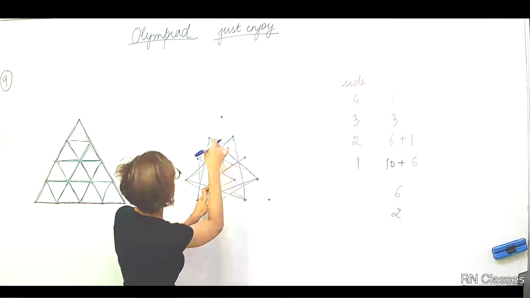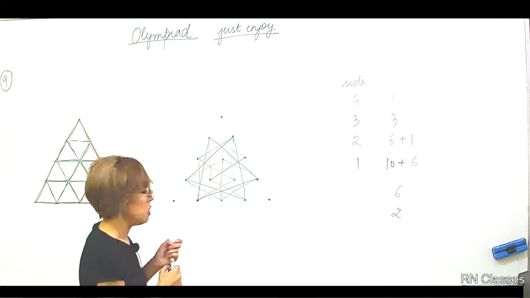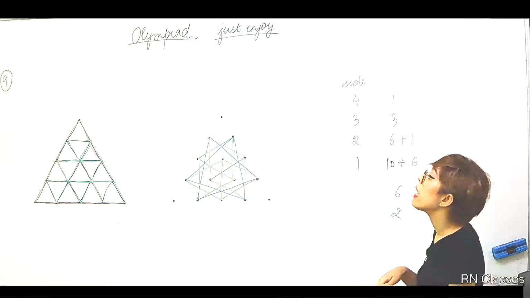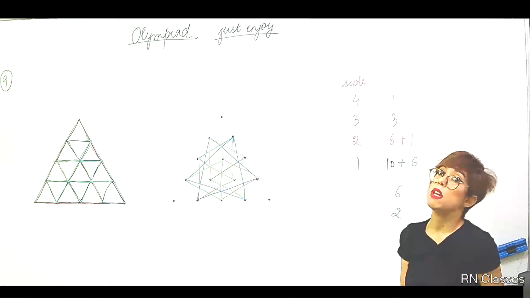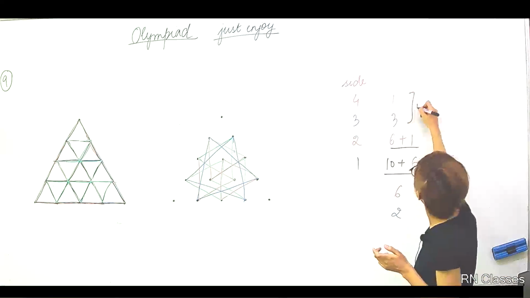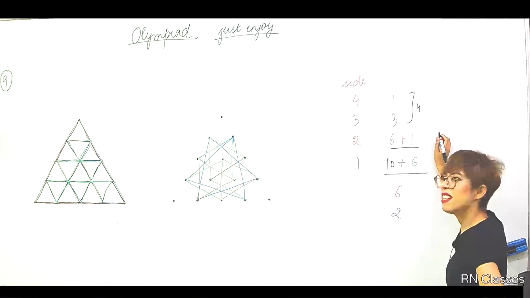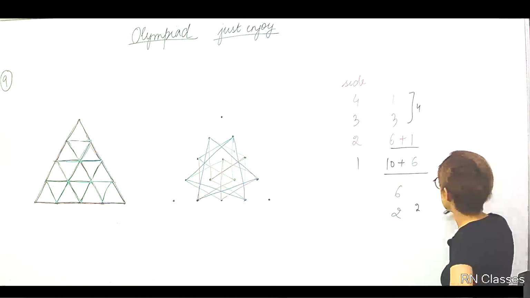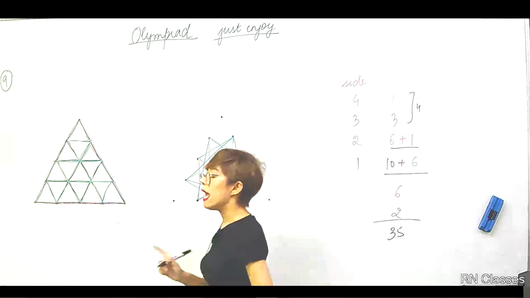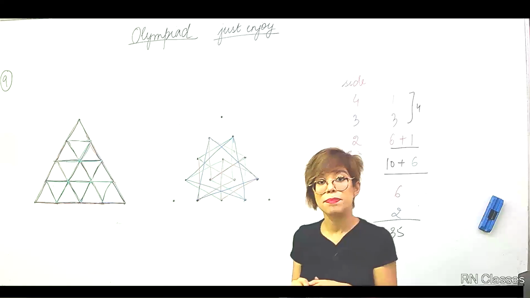Exhausted, so join this. Then you need to see, will you get more of these? I don't think so. You won't get it, but you can do the analysis, and you should do the analysis. In case I have missed out some, you need to let me know, right? So let's add them up. So this is 4 plus 7, 11, plus 16, 27, right? 27 plus 8, that is 35. So in all, in this specific array, you have found 35 equilateral triangles. Done?